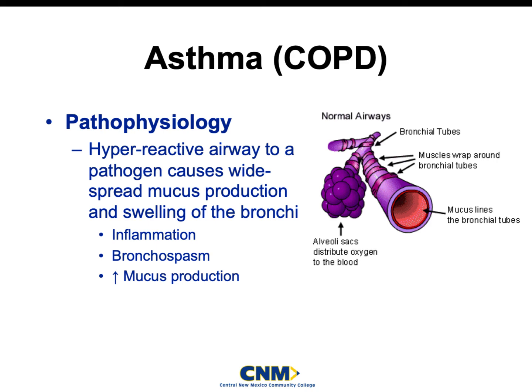And when we do have somebody with asthma, we call it a hyperactive airway, and it's usually because of a pathogen, and it causes widespread mucus production. Okay, so we start developing this mucus production in our lungs, which our lungs don't like, and because of this mucus production, naturally the body's response is inflammation. So things start becoming inflamed. Specifically, your bronchi start to swell shut. They start to swell, and they actually start getting smaller and smaller and smaller,